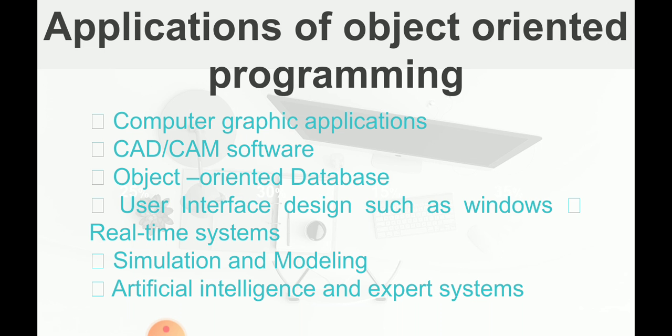And artificial intelligence and expert systems. Artificial intelligence means robots and all, how the robots are made, the moving objects. For the moving technological or electronic objects, artificial intelligence is used, and there object-oriented programming is used. Client-server system means one server with many computers attached to it. In big companies, there will be one server and thousands of computers connected to it, and everyone can access the data from each system, and it is known as a client-server system. And here also object-oriented programming is used.